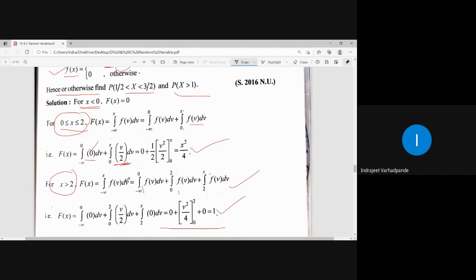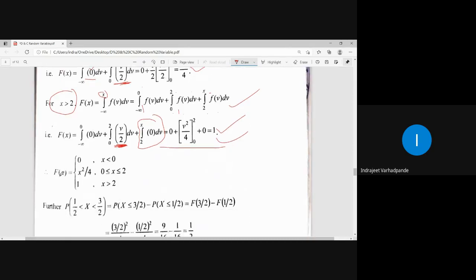So how do we go? Minus infinity to 0, 0 to 2, 2 to x. What is our highest value of the limit here? It is x. It should not go beyond x. But for greater than 2, is the function defined? No, the function is defined only for this middle interval. Therefore, its answer comes out to be 1. First and last values will always be 0.